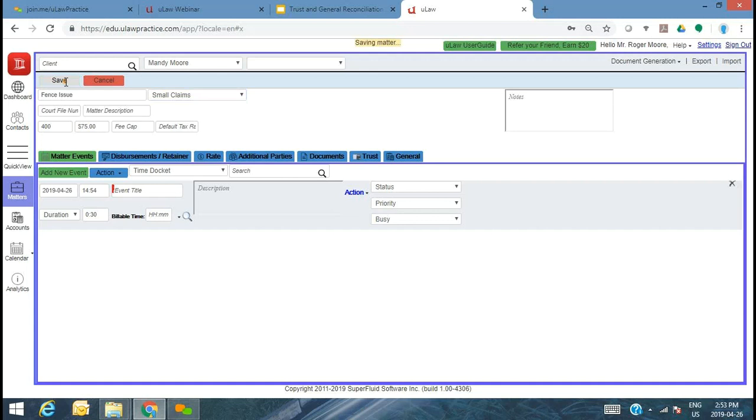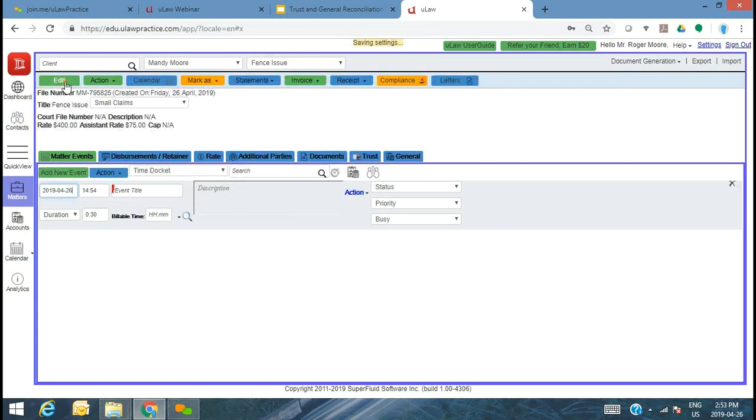And for the purpose of the demo, just to show you the whole trust and general life cycle, let's assume we do sign a retainer letter with Mandy for a flat fee of $565, and we're going to accept that $565 from Mandy as a retainer.